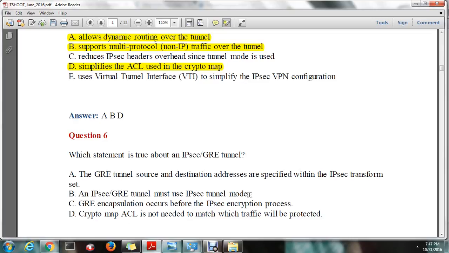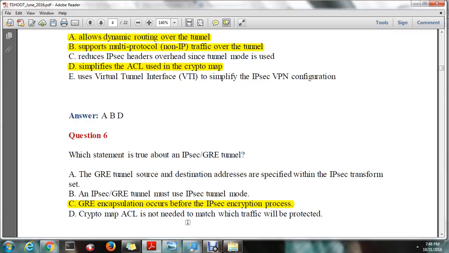IPsec GRE tunnel must use IPsec tunnel mode. No, it can be used in tunnel mode or in transport mode. Okay. GRE encapsulation occurs before the IPsec encryption process, right? First the encapsulation will happen. Once the encapsulation has happened, then the encryption will start while transferring the packets, transferring the data